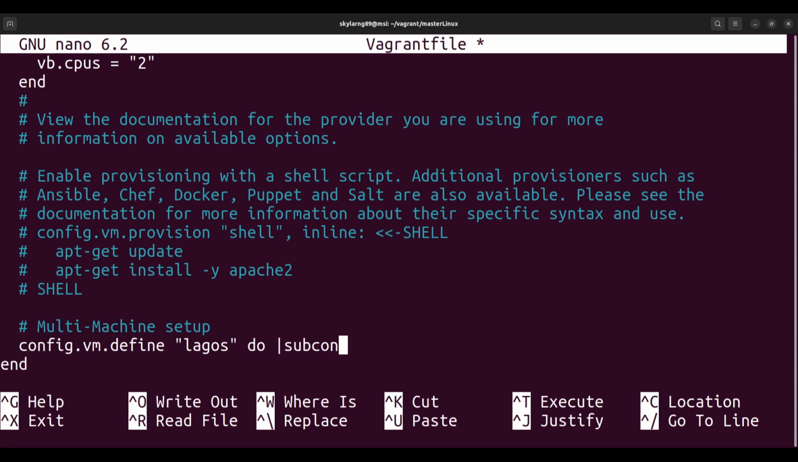All right, subconfig, and then another pipe sign. So this is like a do while loop, and just so you know, this configuration file is actually in Ruby. It's actually written in the Ruby programming language. So this is what Ruby kind of looks like essentially. So I'll say sub config, then .vm.box